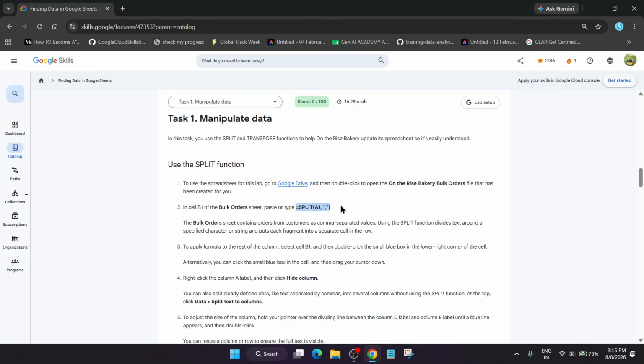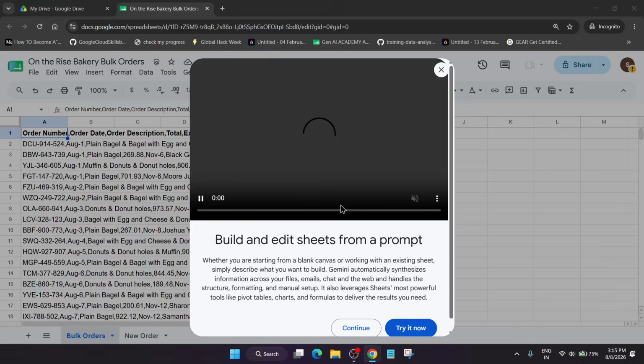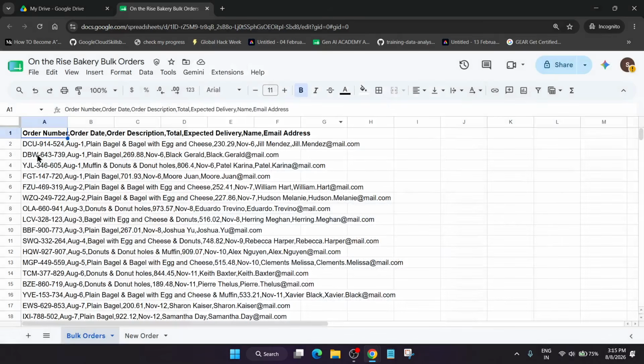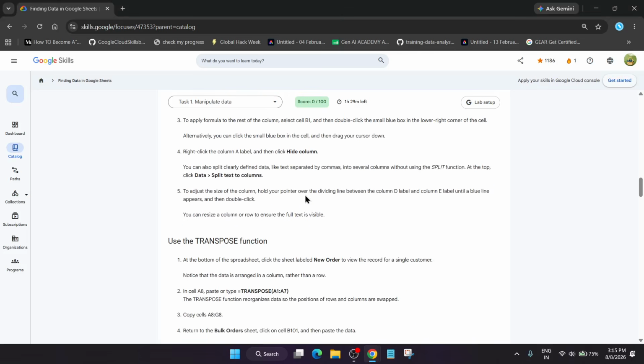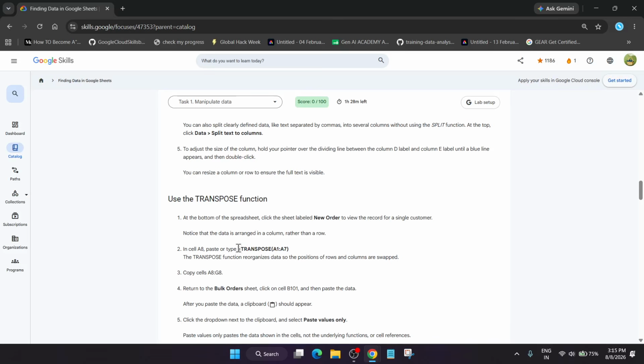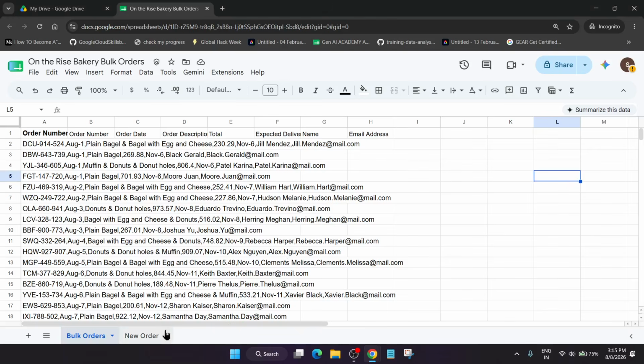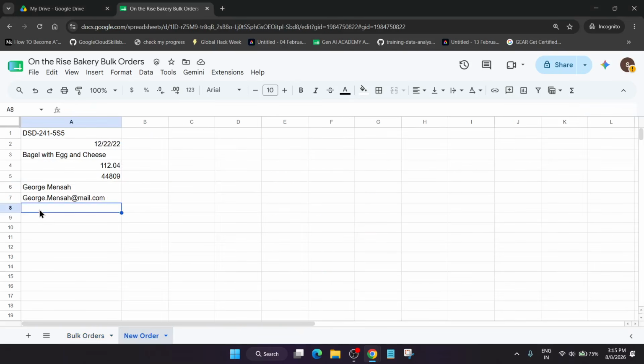Copy this thing from here, right? And then we have to just do one thing. We have to just come to the second cell over here, paste it like this, and you can see the column is updated. Once the column is updated, you have to just copy this thing from here. Okay, this thing you have to copy and come to the A8 cell, this one, paste it like